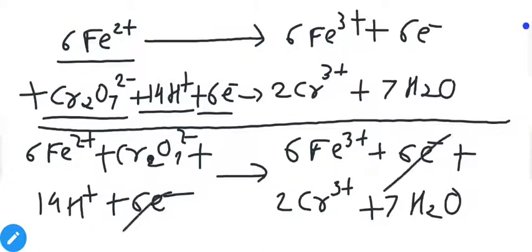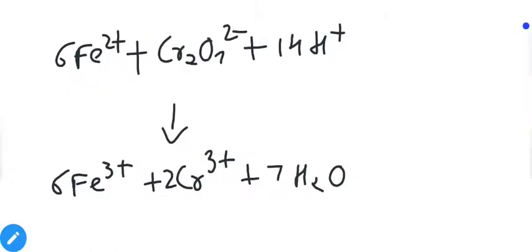Now electrons are common on both sides, so just like mathematics, common values on both sides will be cancelled out. So the remaining terms, or remaining reactants and products, are our balanced chemical equation. All the terms are balanced and this is our final equation. And in the last, seventh step, we have to confirm whether the reaction is correct or not. So we can do it by checking the number of atoms and total charge on both sides. If they are the same, then the reaction is completely balanced.